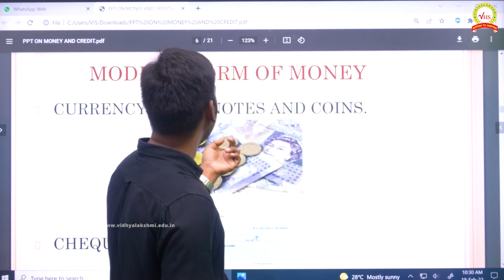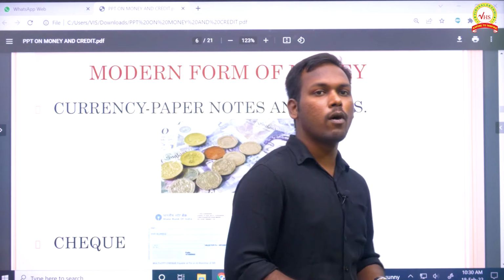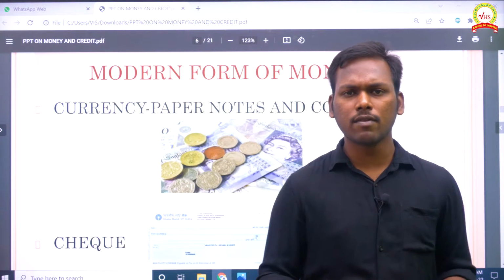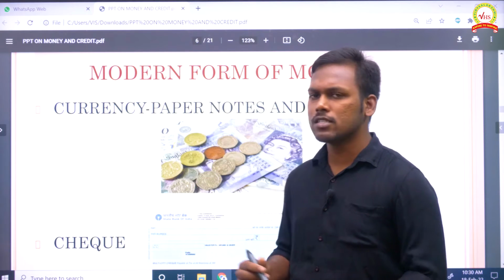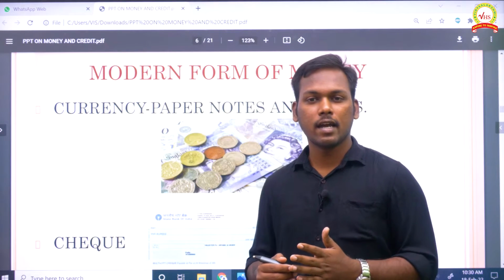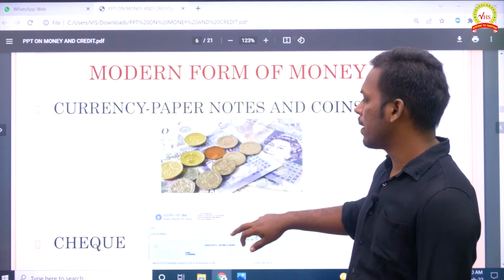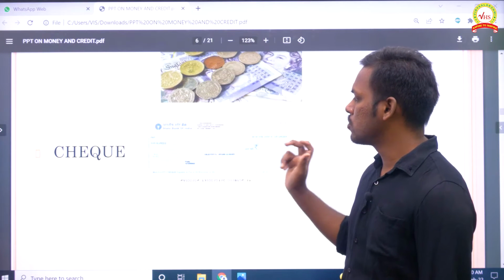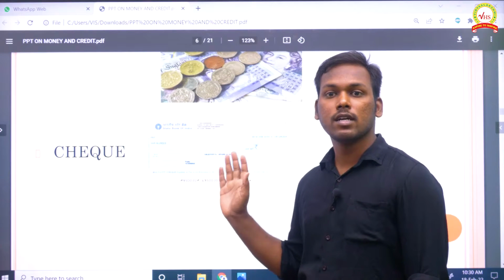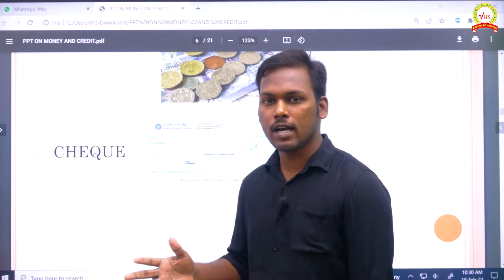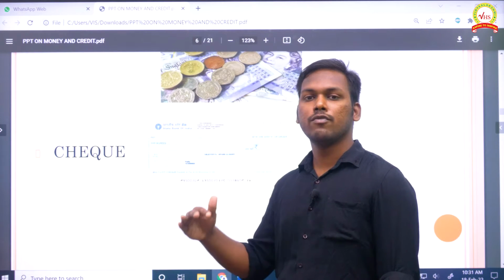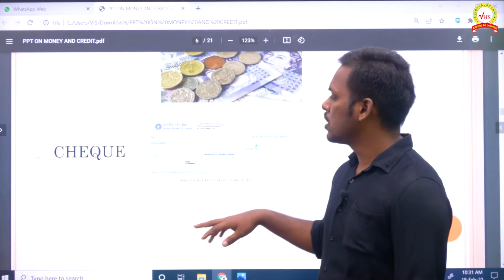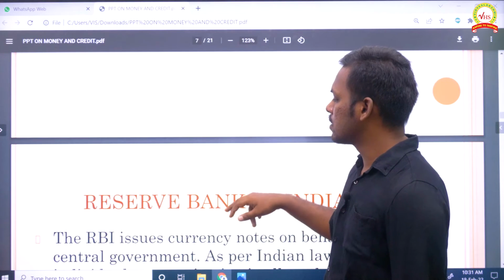So that we have seen. Now we are just looking into the modern form of money, which we have already discussed. Paper currency is made up of cotton and linen, and coins are made up of copper, nickel and so on. Next, cheques without using cash. We cannot carry cash all the time, so instead of cash we could use a cheque also. With this we will discuss